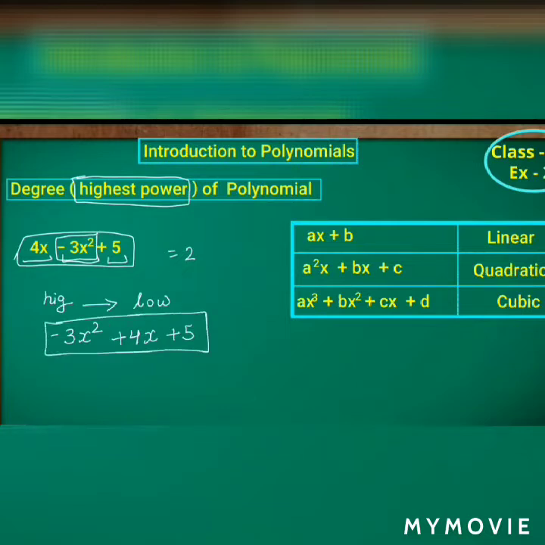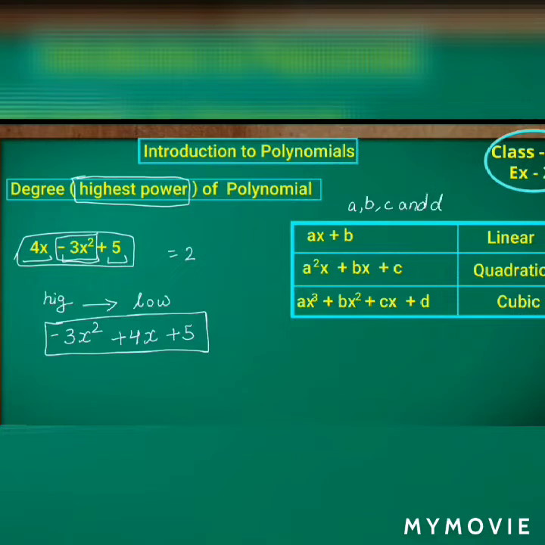So how can you express 5 in terms of the variable x? If you observe the term 5 here, we have to express 5 in terms of the variable x. Since the variable is x here, we can take 5 into x power 0. What will it give? 5. That is, x power 0 is 1, right? So 5.